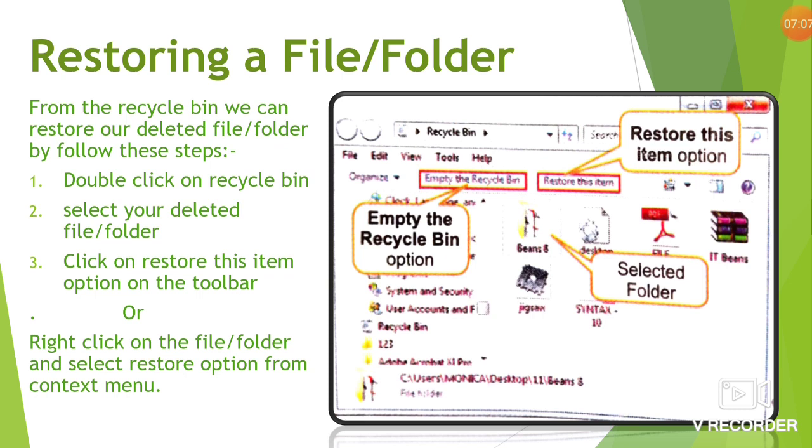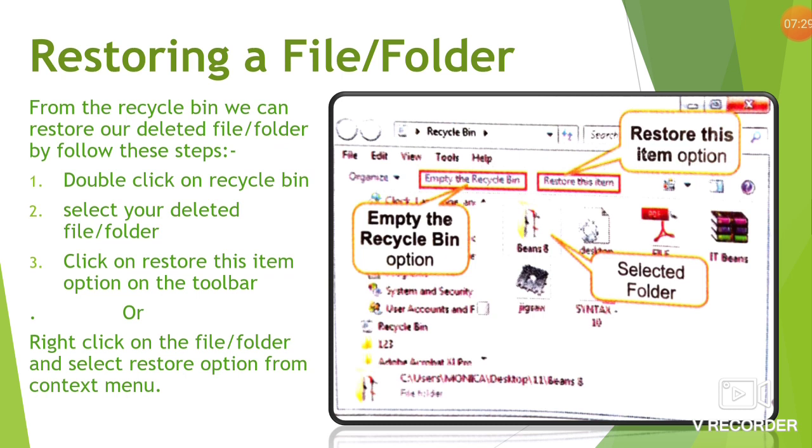We all know that all the deleted files will be stored in the Recycle Bin. So first we will double click on the Recycle Bin, and then select the deleted file and folder that we want to restore. Two methods are given for restoring the file.